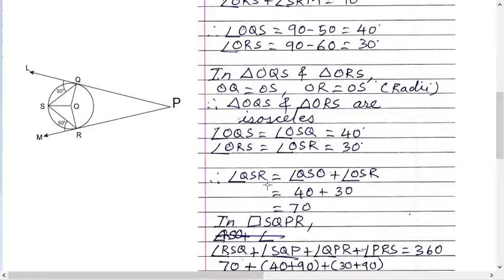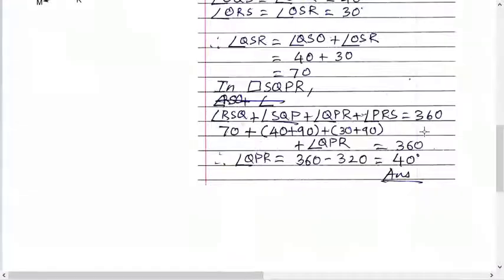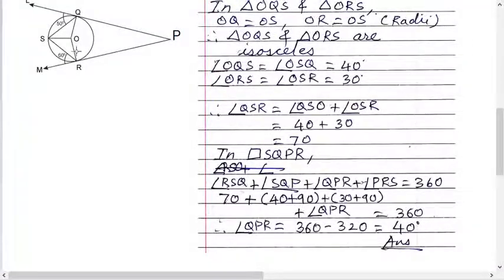So OQSR we got as 70. So this angle is 70. Okay. Now in quadrilateral, this full big quadrilateral, SPQR,